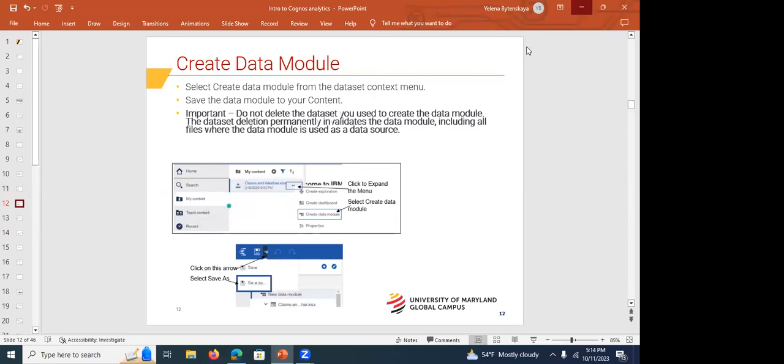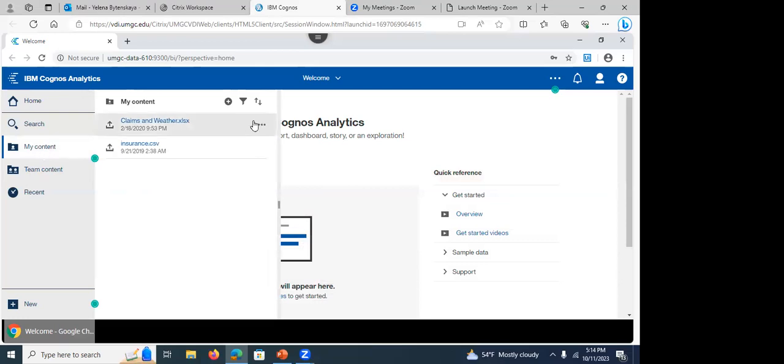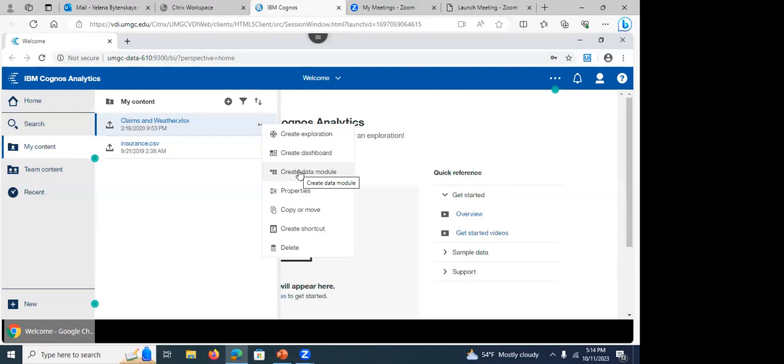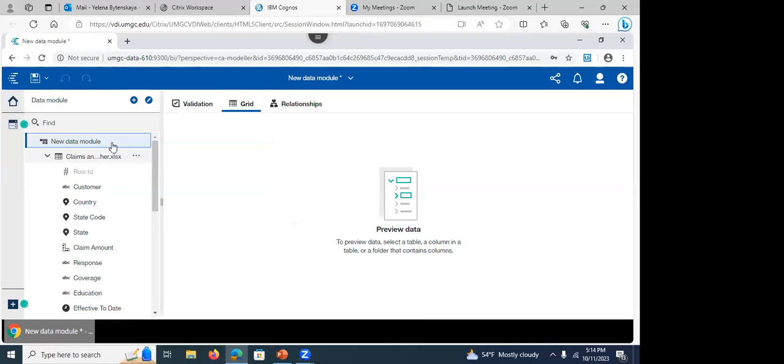The way you do that is, here is my content. There is a data, right? I click on this context menu here, and I'm going to select create data module. What's going to happen right now? All right, here I see the list of columns that are in my data. For each column, I see the different